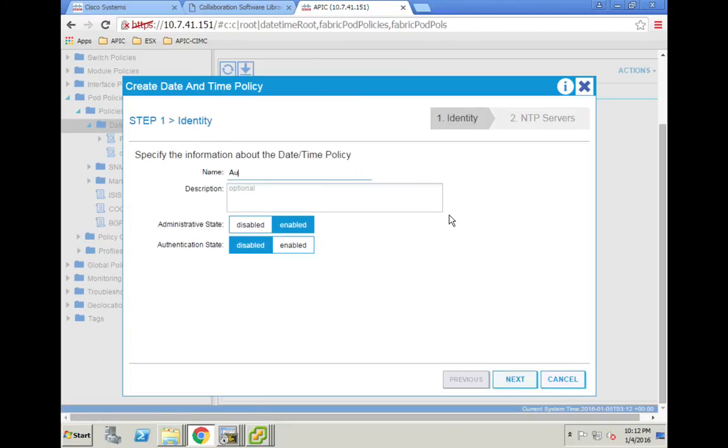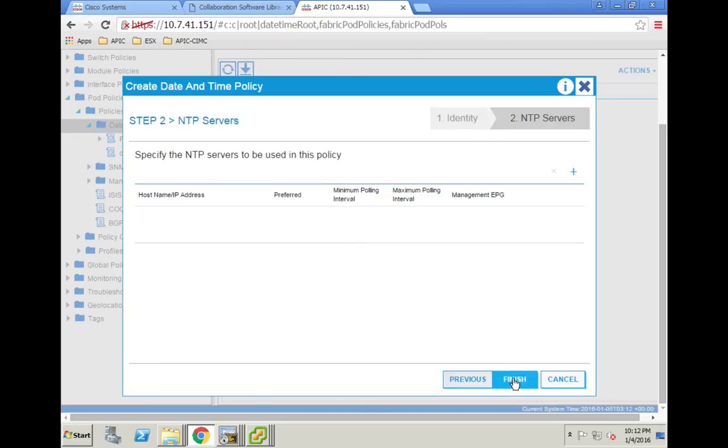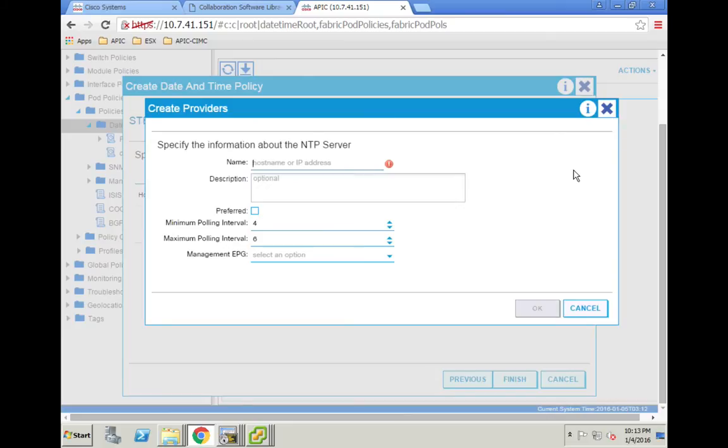Name it auto NTP. Administrative state enable. I am not using any authentication for NTP in my lab, so let it be disabled for now. Click next. Click the plus sign to add your NTP server. In my case, it's